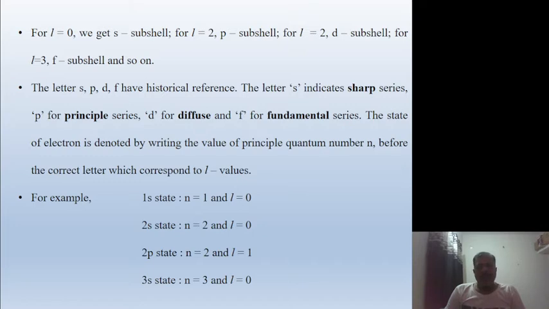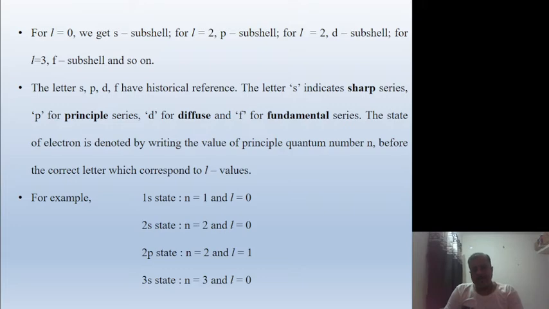The letter S indicates the sharp series, P indicates the principal series, D indicates the diffuse series, and F indicates the fundamental series. The state of an electron is denoted by writing the value of the principal quantum number n, meaning 1, 2, 3, 4, 5 up to infinity, before the letter which corresponds to the L value. For example, in the 1s state, n is equal to 1, only one electron is present in this state, or L